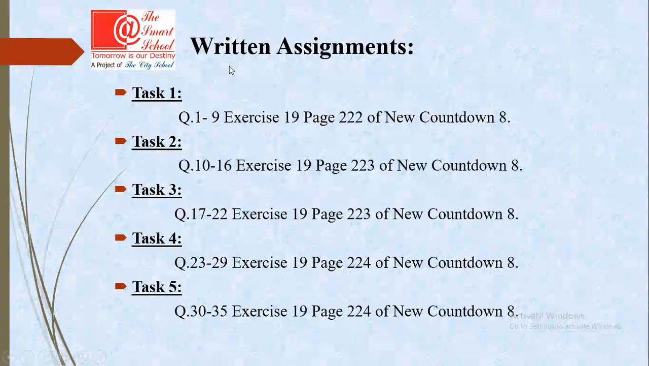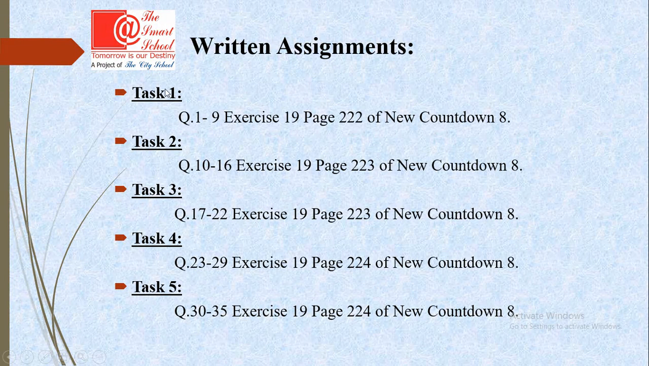Now, last part of today's lesson, written assignments. Your task 1 is question number 1 to 9, exercise 19, page 222 of New Countdown 8. Your task 2 is question number 10 to 16, exercise 19, page 223. Your task 3 is question number 17 to 22, exercise 19, page 223. Your task 4 is question number 23 to 29, exercise 19, page 224. And your last task is question number 30 to 35, exercise 19, page 224 of New